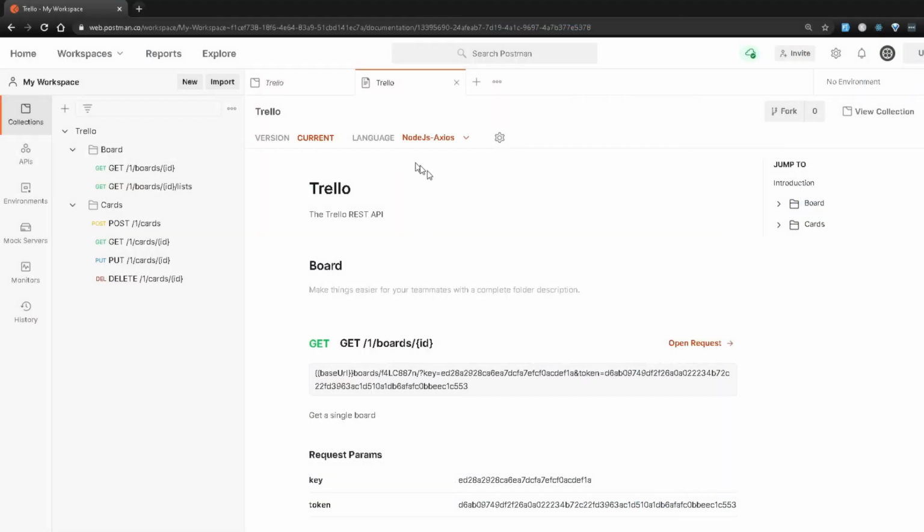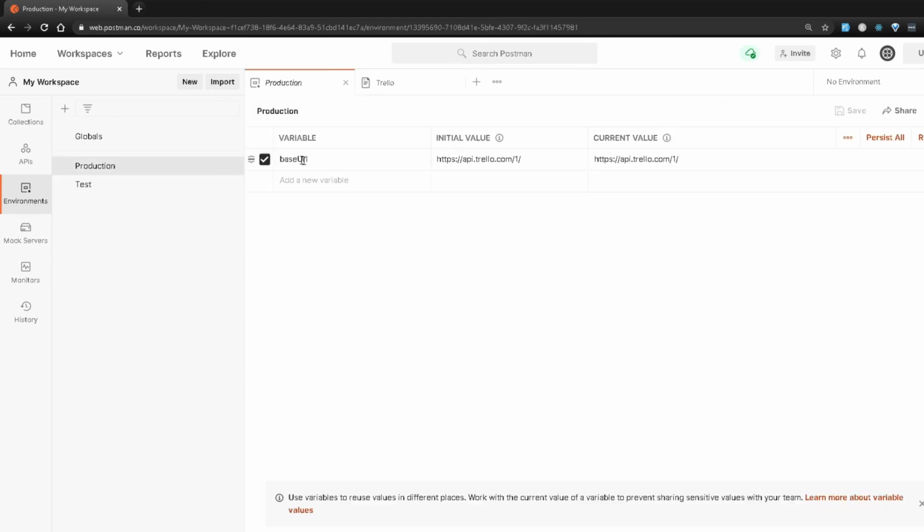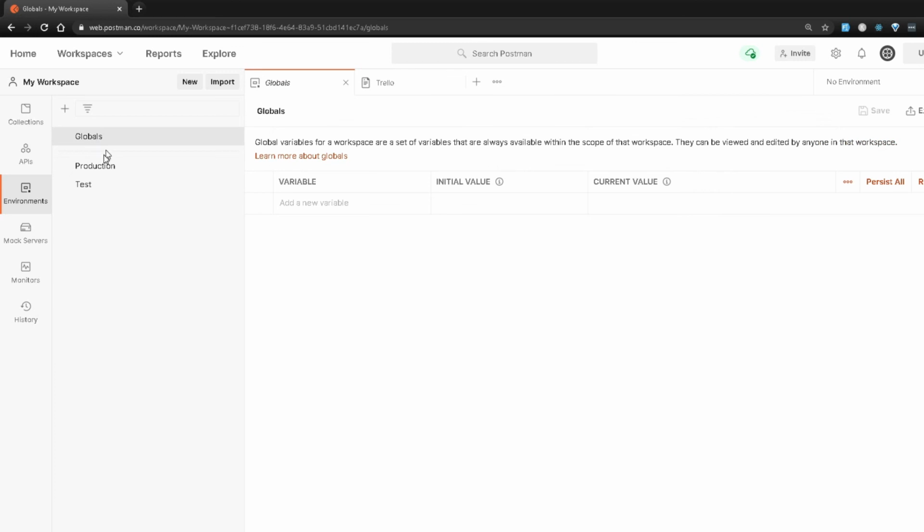So let's take a look at what other options we have in the web app. Let's say you create your own custom APIs over here, you can add that here and provide its own schema. We won't look into that right now. But for the environment, this is the environment that we created, which is a production environment. You can see all your variables and all the values there. Same thing for my test environment, I can see that over here too. Plus, if you have anything on the global level, you can also check that over here.